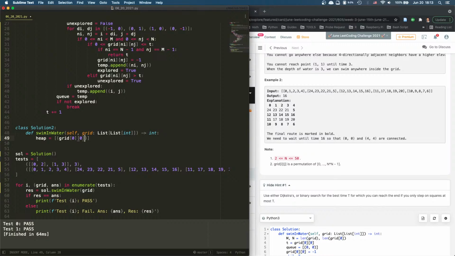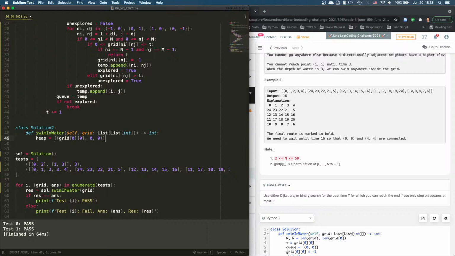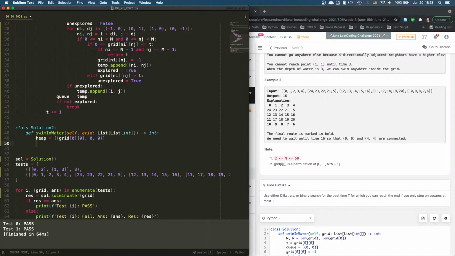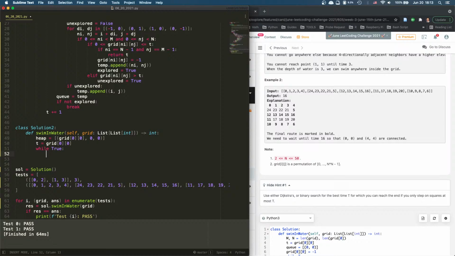Oh, yes, we have to have a value to pop out, and we need a 0, 0, the index as well. So we say time t is going to be grid 0, 0 as well. That's our starting time. And while true,